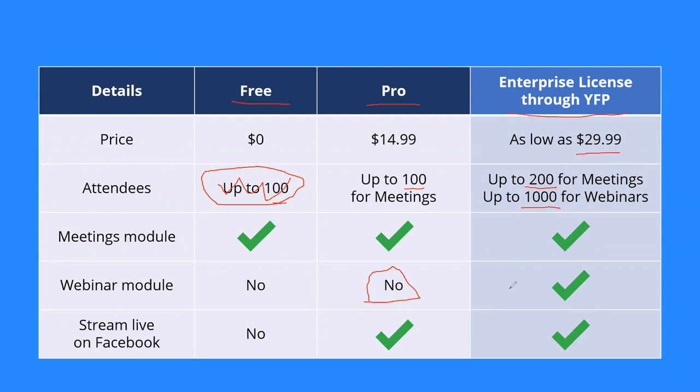We used to have a problem with every one of our webinars where we could only have 100 people, and inevitably we would max out the 100, and it would say the webinar's full, and people couldn't get in, and they were pinging us and messaging us. So 100 was never enough. That's the beauty of the webinar module. It has everything here, as you can see: meetings, webinars, stream on Facebook. And then let's move to the next slide, and you will see